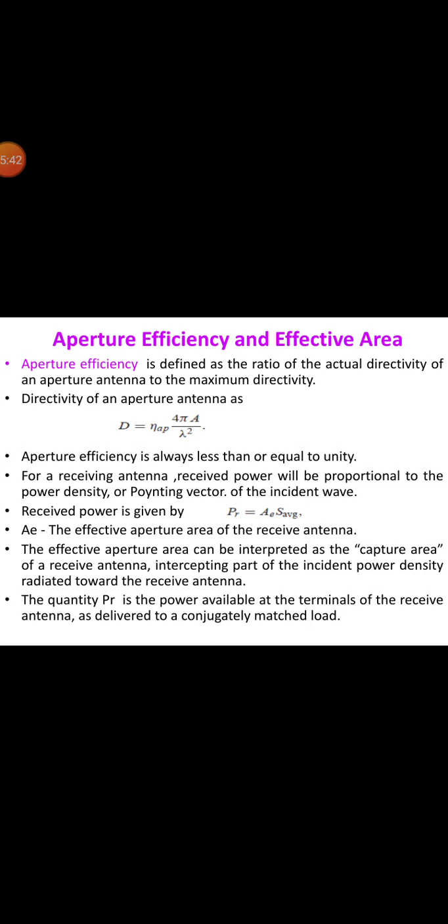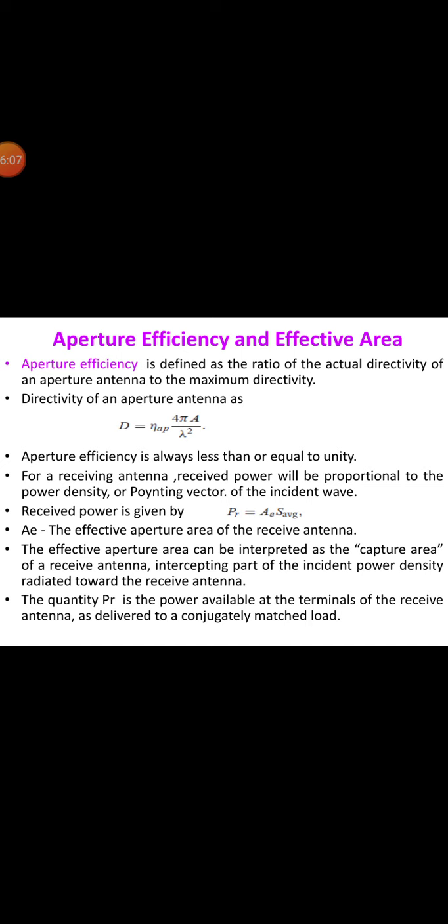So when the antenna is receiving with a load resistance RL matched to the antenna radiation resistance, as much power is re-radiated from the antenna as is delivered to the load. This is the condition of maximum power transfer, and the antenna is assumed to be lossless. So in the circuit case, if a load is matched to a generator, as much power is dissipated in the generator as is delivered to the load.